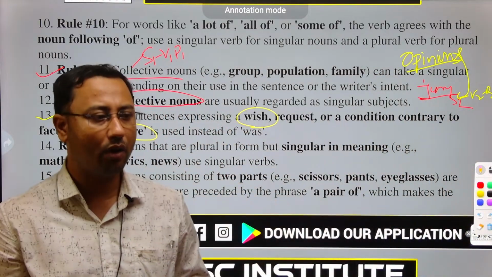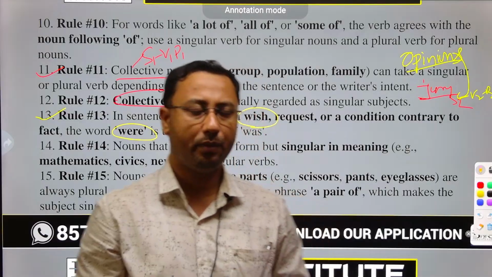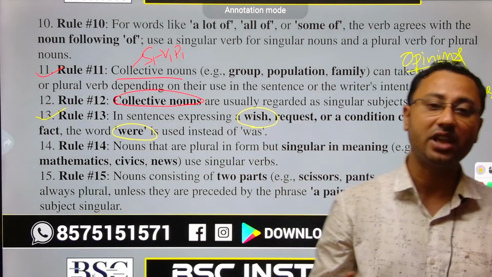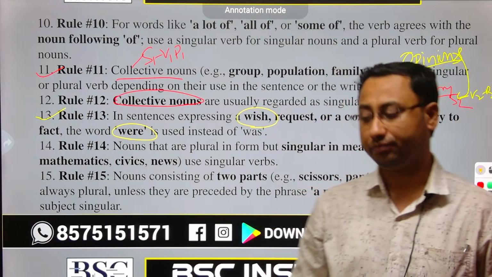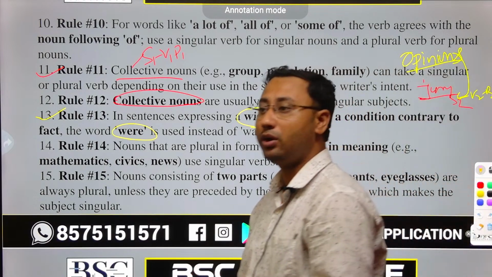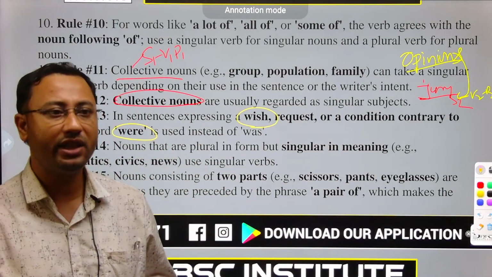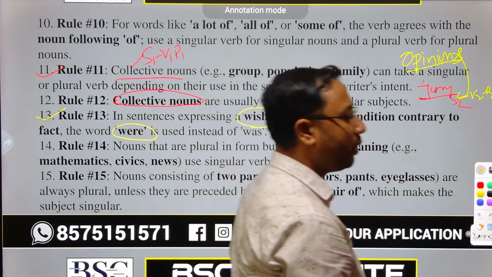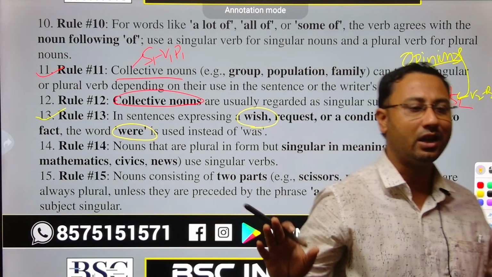For example, now let me tell you a Bangla sentence. যদি আমি পাখি হইতাম, যদি আমি চাকরি পাইতাম, যদি আমি ভারতবর্ষের প্রধানমন্ত্রী হইতাম, এই ধরনের সেন্টেন্সগুলিতে আমি কি প্রকাশ করছি? আমি প্রকাশ করছি আমার উইশ, যদি আমি পাখি হইতাম, যদি আমার ডানা থাকতো, যদি আমি চাকরি পাইতাম। So that is